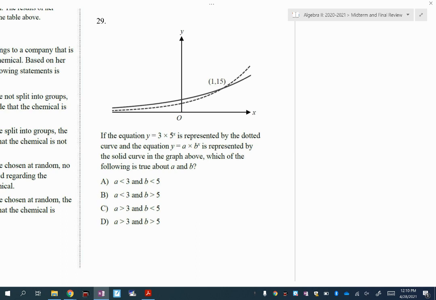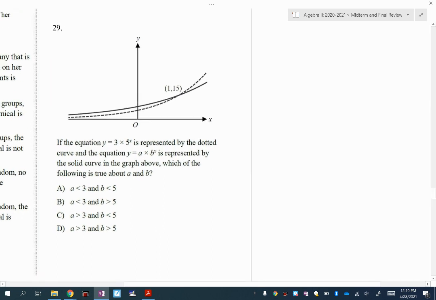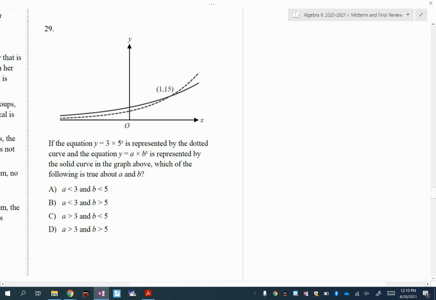Well, what I noticed about this is that I told you guys a long time ago with exponential functions, when you graph them, (0, 1) is on there. But if you have a number in front, like this 3, you're going to plug in 0, get 1, but then you multiply by 3. So this point on the dotted line is actually (0, 3). So if my point on my solid line is above that, let's say (0, something else), 4, 5, 6, 7, that means my a value needs to be more than 3. So I'm looking for an a value